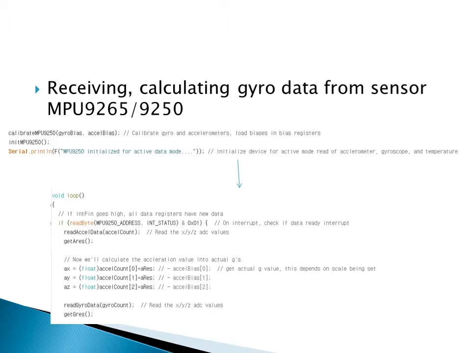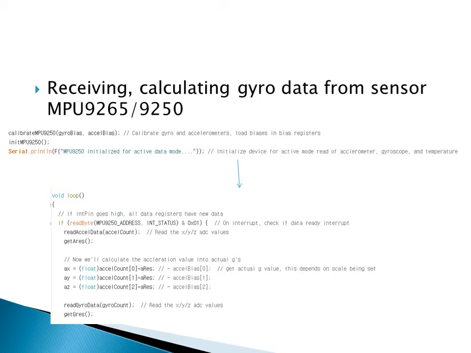So first, we should calibrate the sensor so that it gives the status change in that condition, and after that it will start to calculate the 3D coordinates like yaw, pitch, and roll, and it will show a line of statement that it is ready for calculation, and in the void loop, it will calculate the